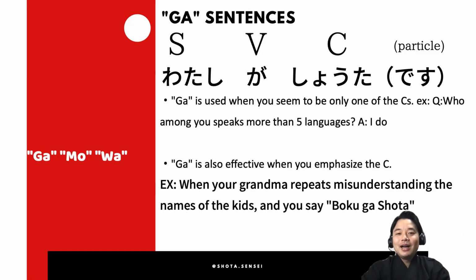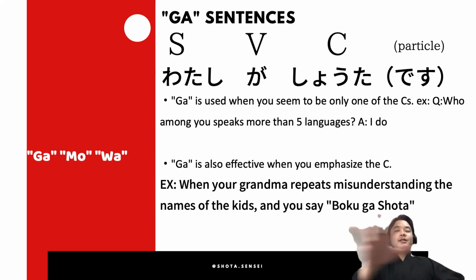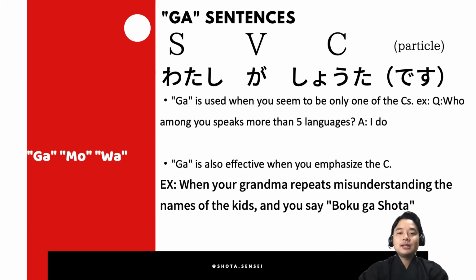Sorry, but anyway, I will just give an example. Who among you speaks more than 5 languages? Then I know that it's rare to happen, right? That where somebody speaks more than 5 languages, and then nobody else seems to apply to that. But if only I would apply to it, in that case, I can say 私が話せます